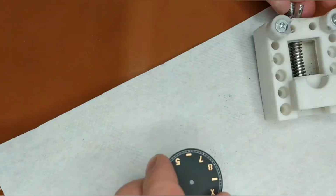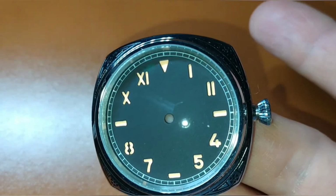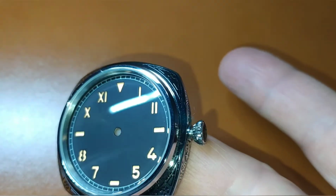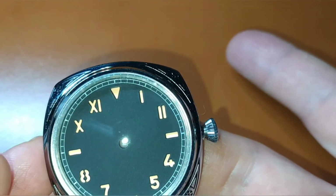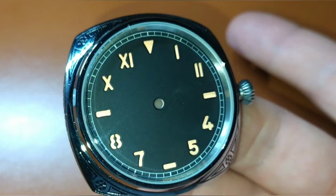So finally, half an hour later, the resizing is finished. As you can see, the dial fits the watch case perfectly. I really like the result of the dial's resizing, and I think I made a great choice regarding the watch materials combination. Obviously, I'm pissed off with the Gittat watches, because besides the watch hands, the watch dial is also